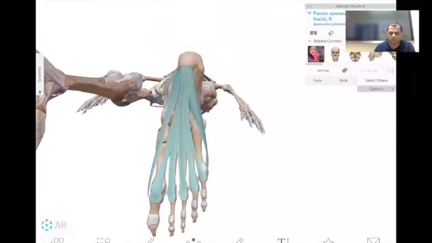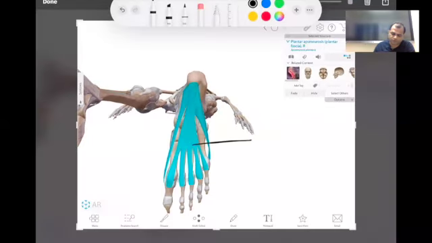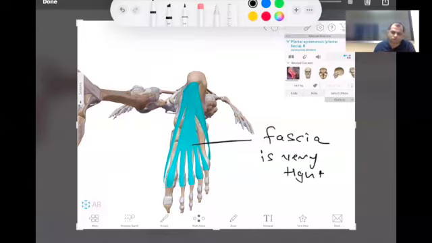Or maybe because of improper shoes, or the person walking a lot or overweight. So there may be any cause, but because of any cause, if this fascia is very tight, this is also causing the heel pain,